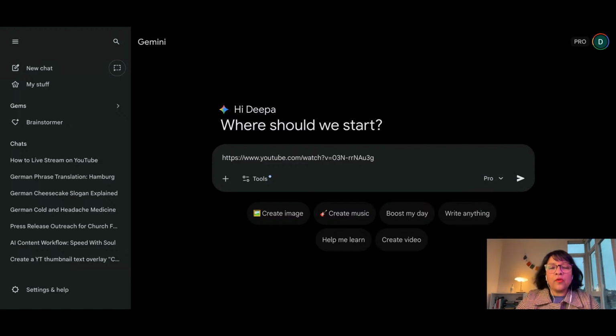I love going with whatever is the latest model. I don't think too much about it. So I've just dropped the link and I said, I would love to... Okay, always specify what you want to do with it. My goal is to extract... you know what, let's just start with quotes. I love quotes, because the way people talk when they are in their natural environment is the most authentic way of expressing what they want to express.